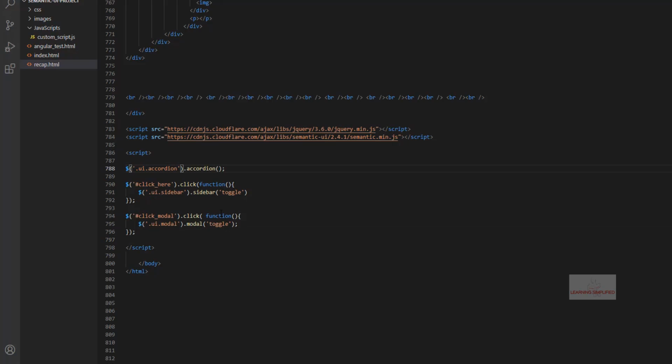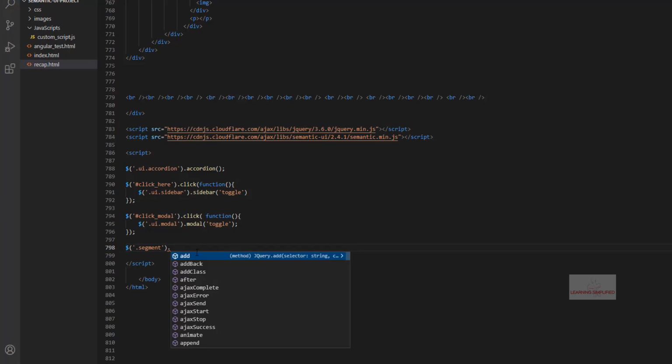We'll be making this amendment here, and now we will be saying that on clicking this segment class we will be using this dimmer. Sorry, this is not femur, this is dimmer, and we need to show it up. So this is the basic initialization of dimmer.